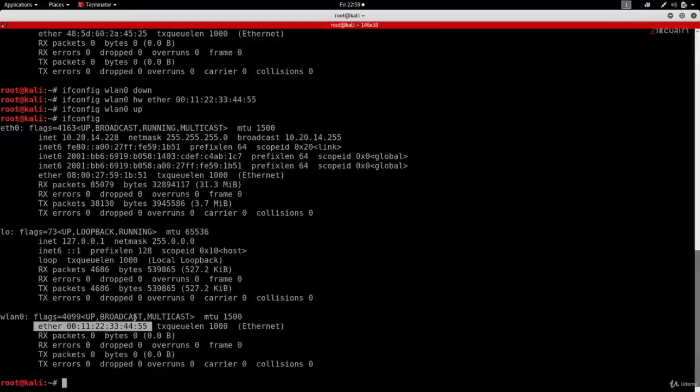And like I said, this can be useful in so many scenarios. Now keep in mind, the MAC address will revert back to the original one once you restart the computer, because we're only changing the MAC address in memory. We're not really changing the physical MAC address.